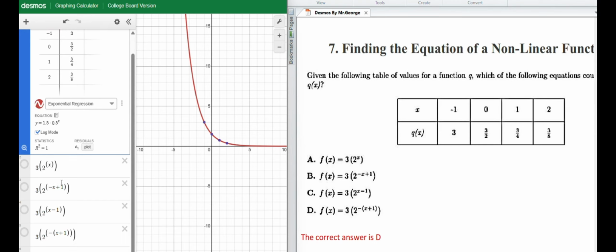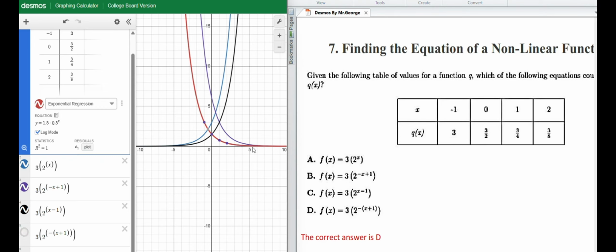So I type in the first choice, and here is the graph in the blue curve right here. So this is not identical. If we do the second one, this one is also not identical. We do the third one over here, the black one is not identical. We need something identical to the original, which is the red. If we type in the last equation, you see the green one